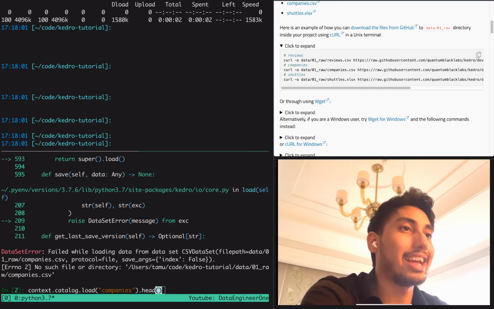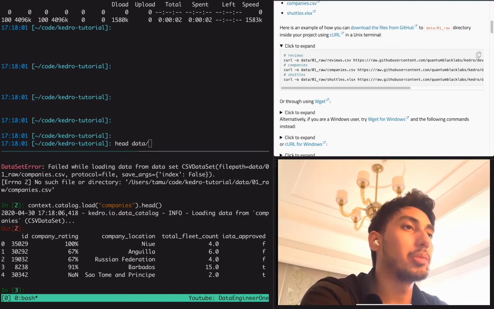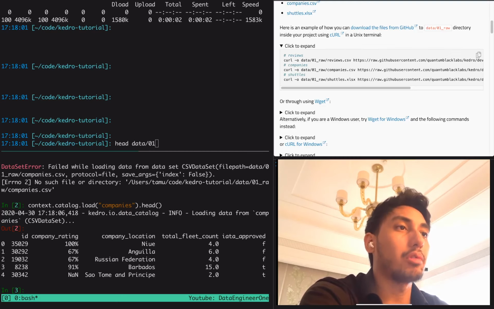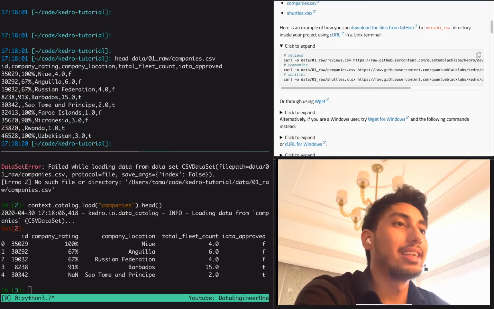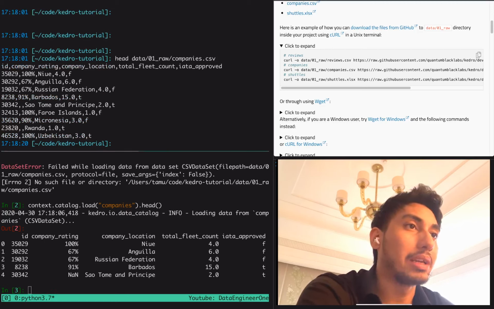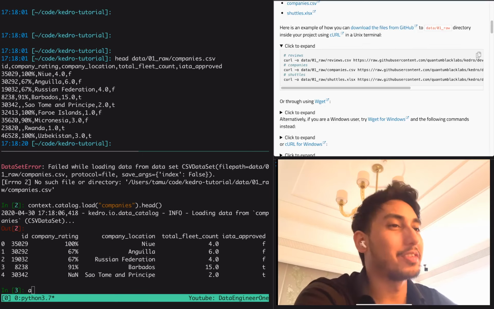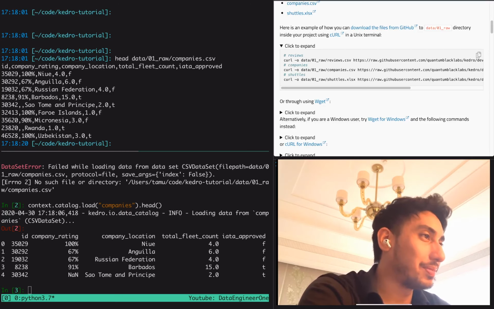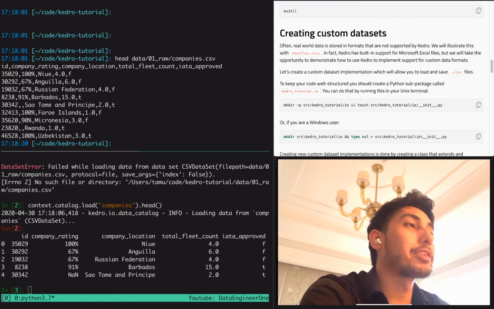Here we go, run the head, and there's the data. And if we also do head manually inside of our terminal, we should be able to see that 01 raw companies CSV has the same ones. There they are. There's the companies, and they end with Sao Tome and Principe, of course. Okay, great. So now that we've got the data sets set up, there's another thing that we can do, and